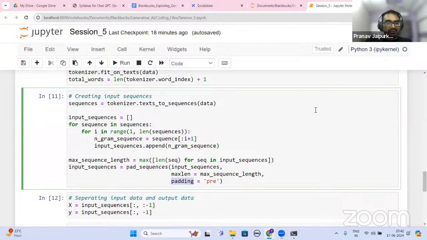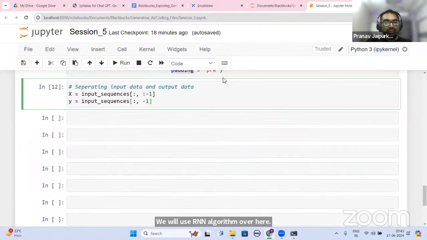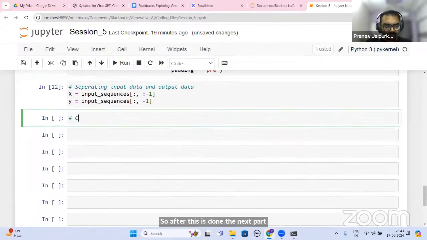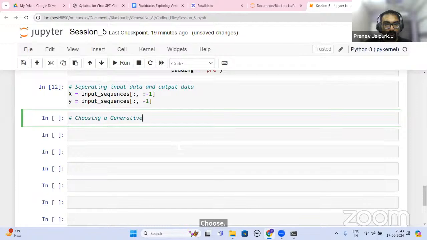Now, after this is done, we will use RNN algorithm over here. So after this is done, the next part is choosing a generative model architecture.